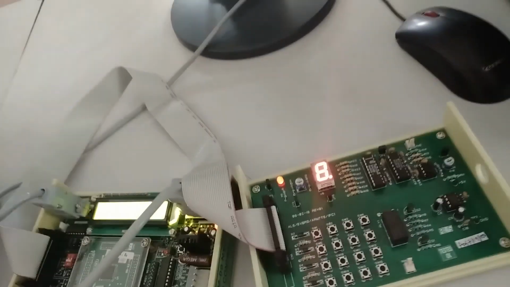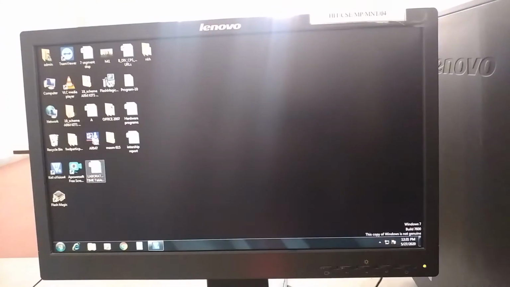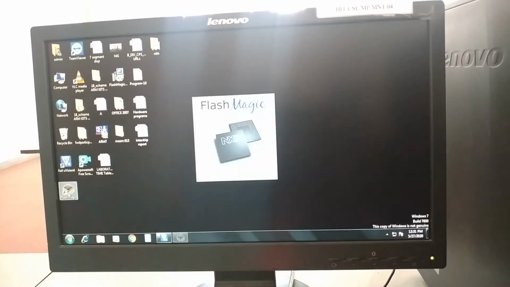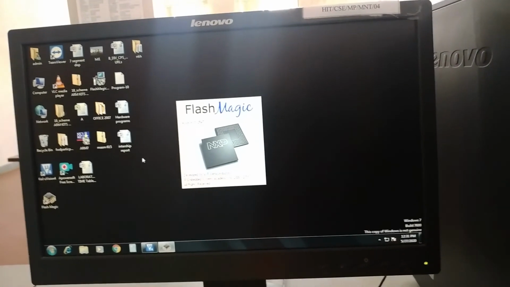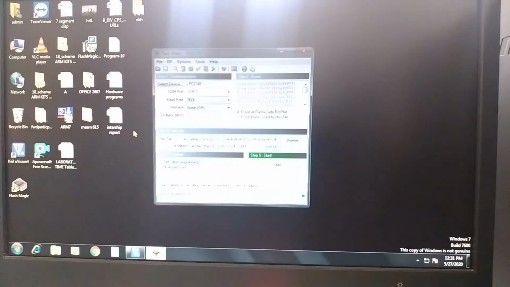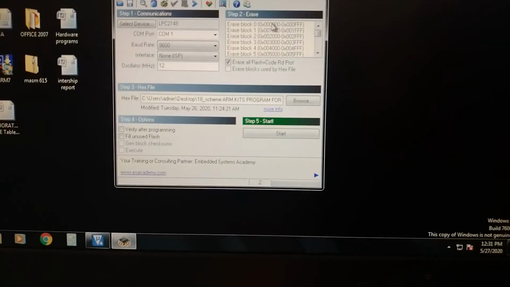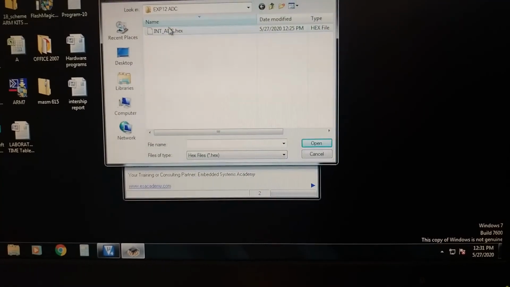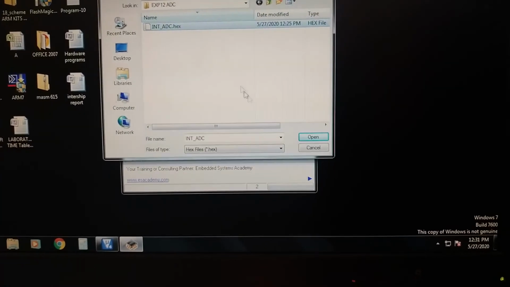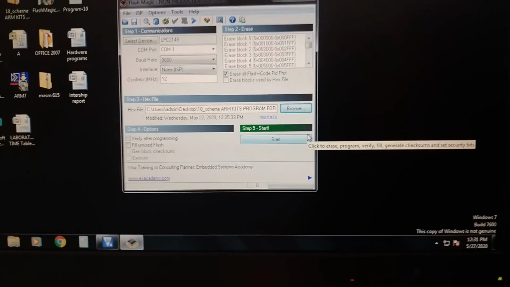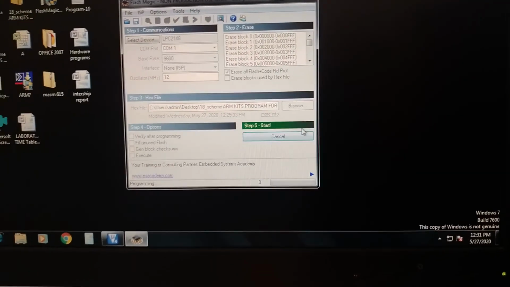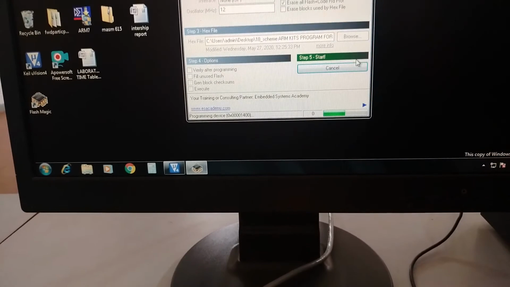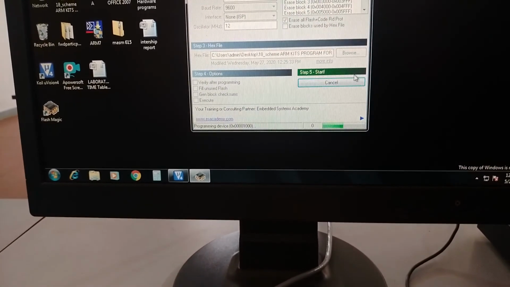So the usual steps you can follow: first you have written the code, afterwards open FlashMagic, then browse it, select the particular experiment, the ADC file, then you can start dumping that code.